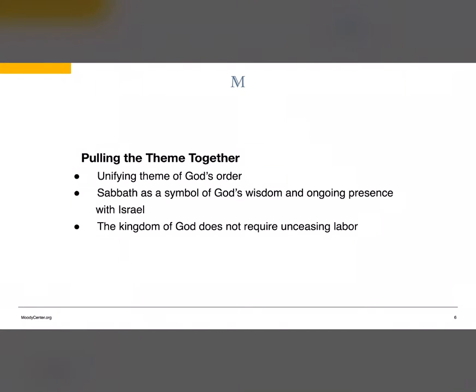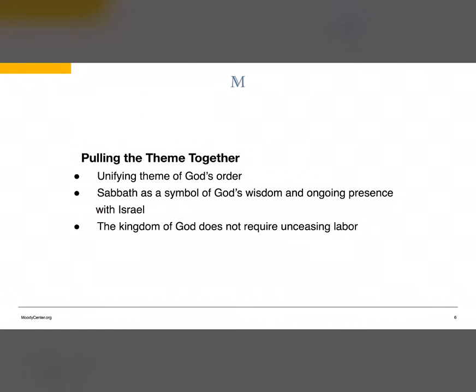With those two points covered, let's begin to think about how each of the references to Sabbath hang together and inform one another. In Genesis 1:1 through 2:4, the Sabbath stands as the crescendo of creation. God completes all his work of creating, declaring it to be very good, and rests from all his creative work.